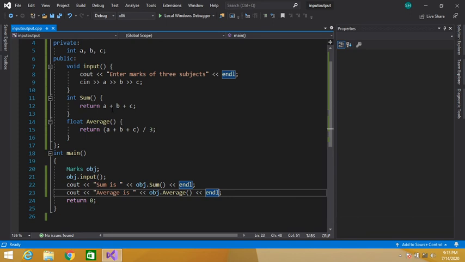It will add these three quantities and return the total sum, which will be displayed on the console window, because we are using the cout object to display on the console. Similarly, the third function will calculate the average and return the average. So here the average will be printed on the console window.